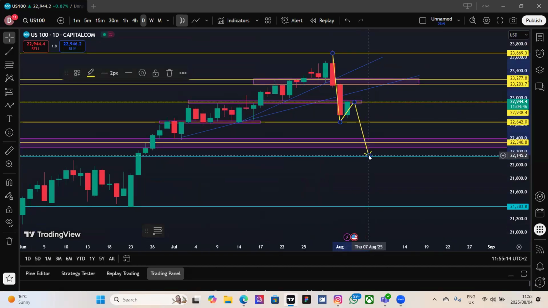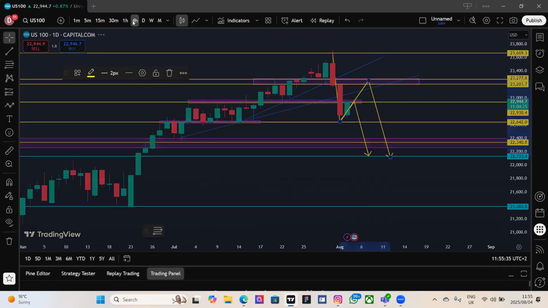And then retesting this level right here, which is around 22,133, or we could potentially find a level within this zone right here where we could come back and retest. So these are two areas in specific where I will be looking into